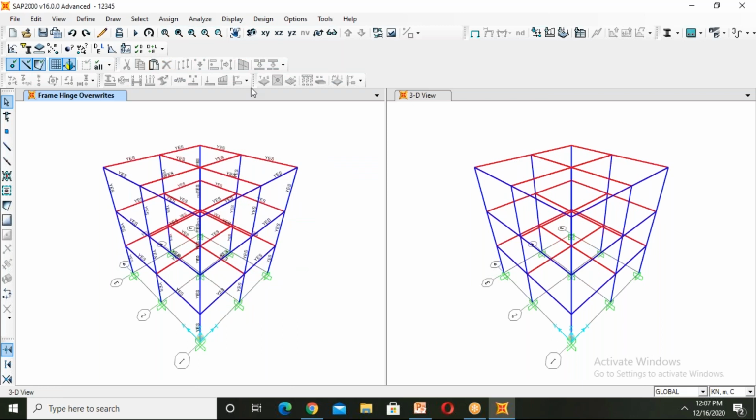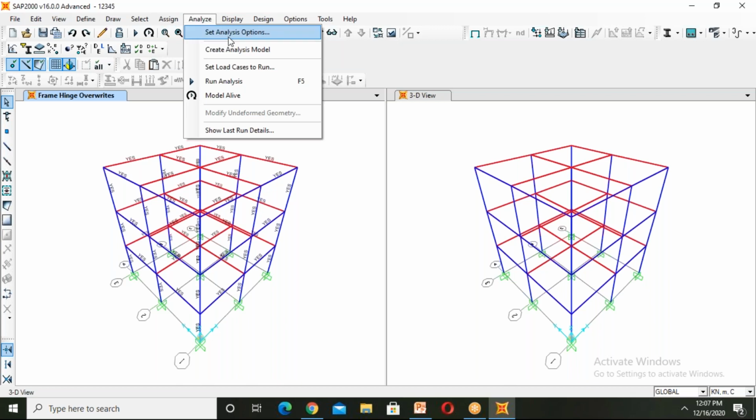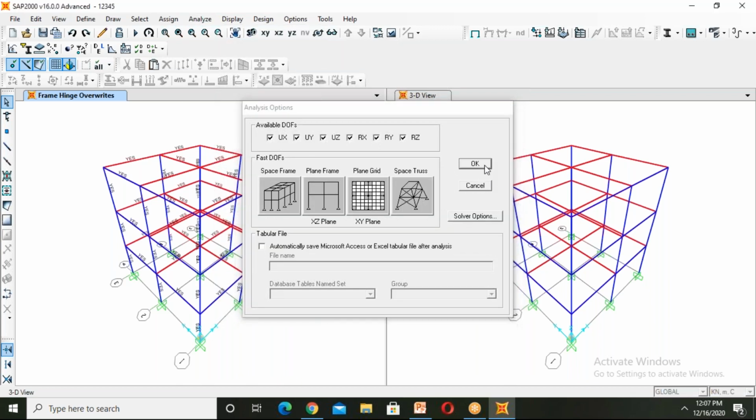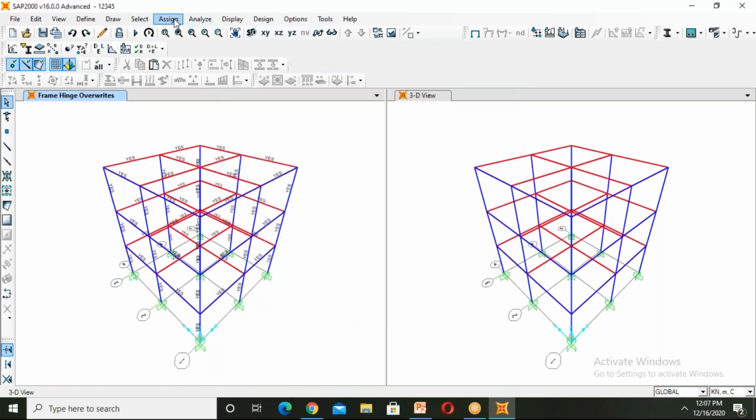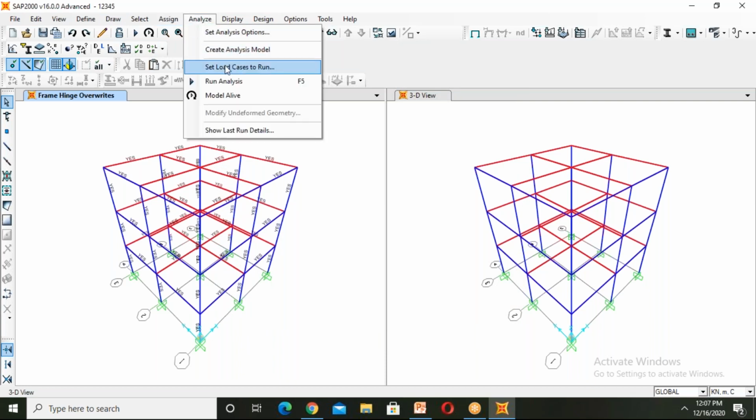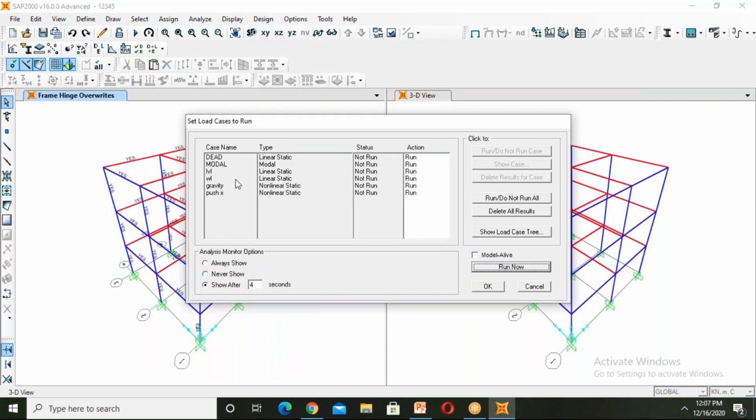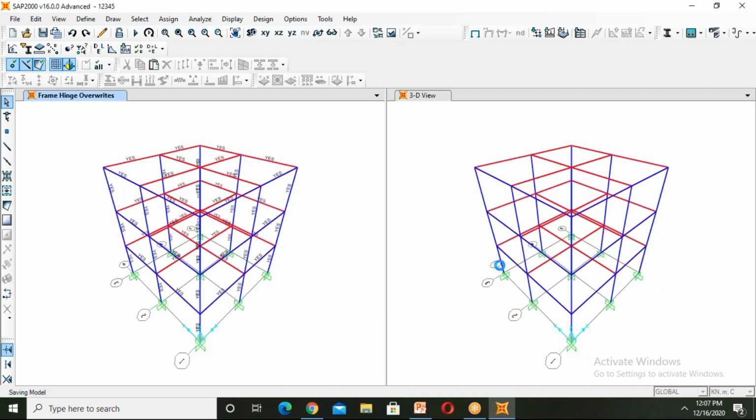Now we have to analyze the structure. Click on Analyze, Set Analysis Options. Click on OK. Click on Analyze, Set Load Cases to Run. Here gravity is a non-linear static and push X is a non-linear static. Okay, click on OK. Click on Run Now.